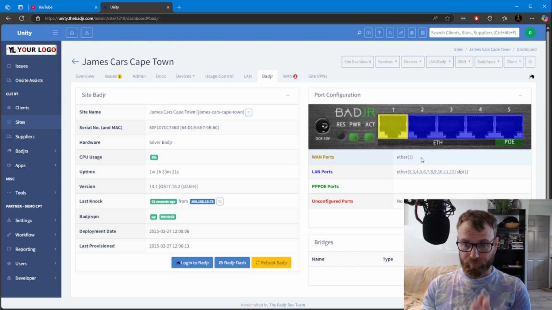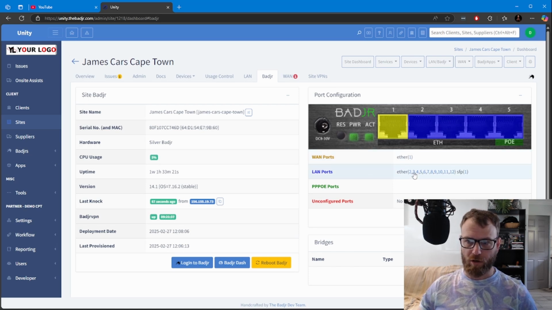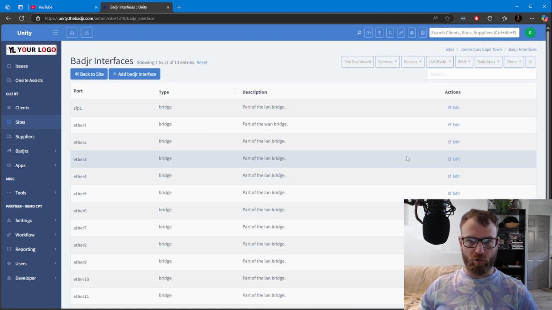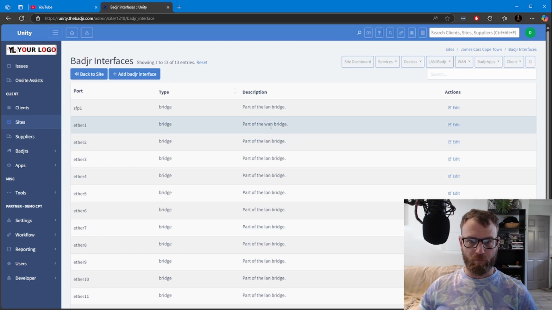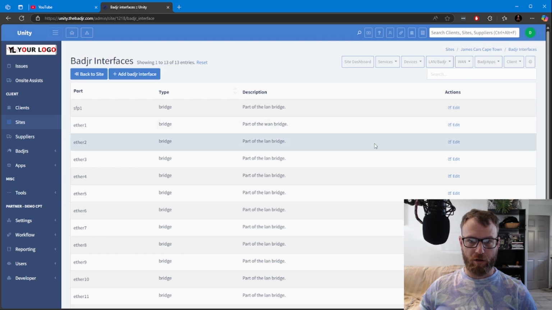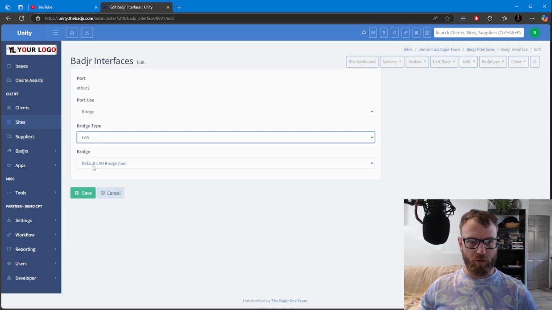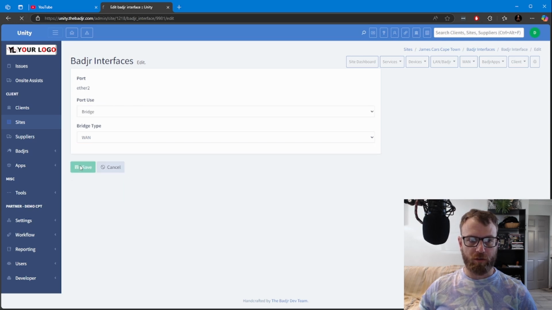By default, port 1 is always your WAN port or your route out, and all your other ports are your internal LAN range. To have another internet connection connected, we need these other ports specified. So if we edit ports and go to port 2, you can see port 1 is on the WAN bridge, port 2 is on the LAN. We can change port 2 to a WAN port, click save,